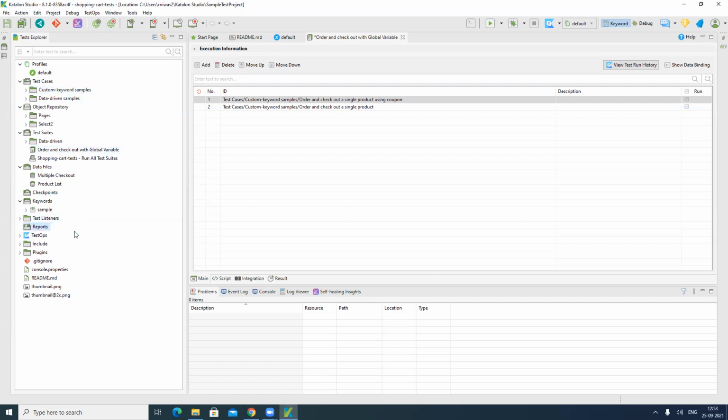It will automatically generate a report for you. It is a very good report that it will generate. If you want any other type of report, you can add your reports as well. Test Ops, where you can analyze your test reports. If you are adding different plugins, it will show here. Git ignore, so it is from GitHub. It added all the different files for GitHub as well. So basically, it automatically provides a folder structure that you don't need to create. It will automatically create it for you.